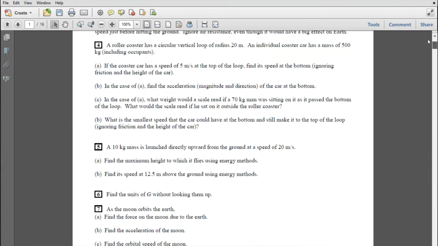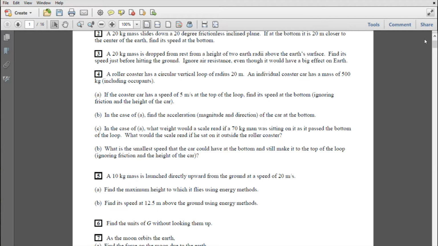Problem 4. A roller coaster has a circular vertical loop of radius 20 meters. A coaster car has a mass of 500 kilograms. If the coaster car has a speed of 5 meters per second at the top of the loop, find its speed at the bottom, assuming there's no friction, and assuming,